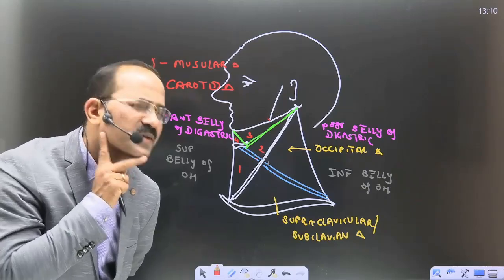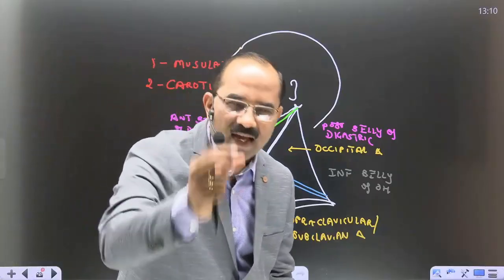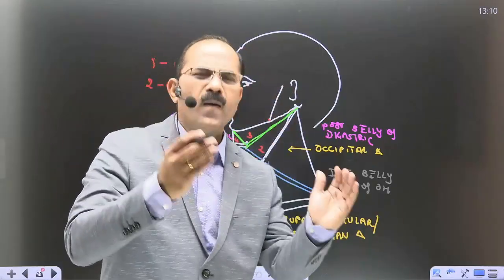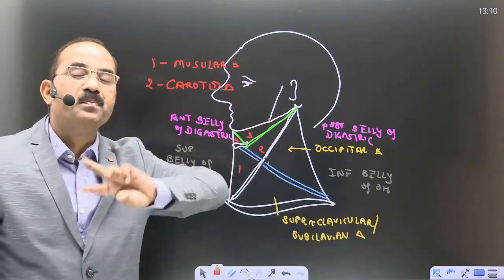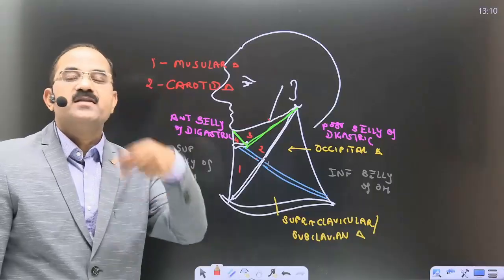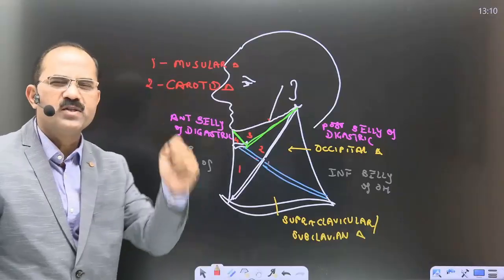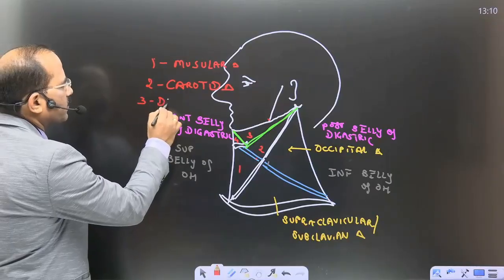So, right here, we get a gland. That's the submandibular gland. And this triangle is therefore known as the submandibular triangle. This is the anterior belly, that's the posterior belly, which bound this triangle. This triangle is therefore known as the digastric triangle. Very important MCQ, students. Number 3, digastric